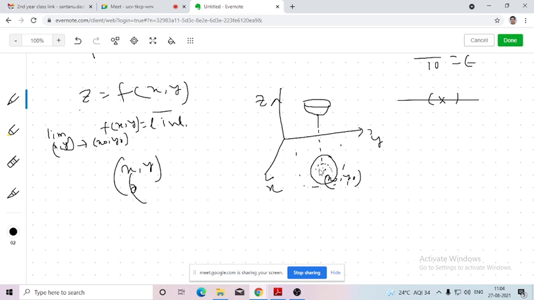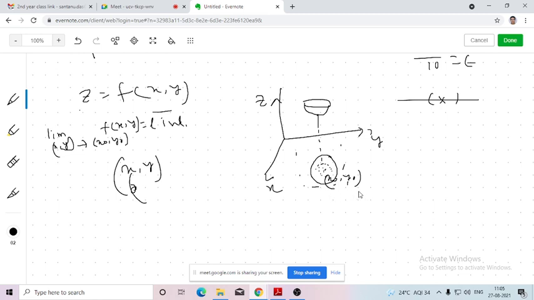So like the previous case, here also I need to put those values in the function and evaluate the functional value. Then by considering all the functional values corresponding to these points, I can evaluate the limiting value. Okay. So here also I can vary the neighboring points, and by putting them in the function, I need to check the functional value. If they are coming close towards a particular value, then we can say that the limit exists here, otherwise the limit doesn't exist at (x0, y0).